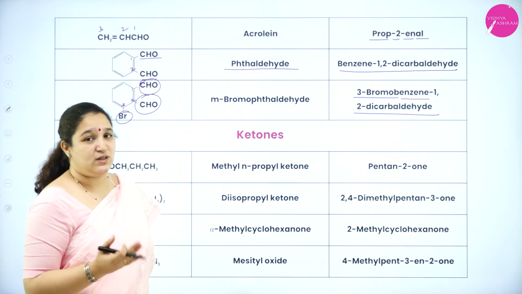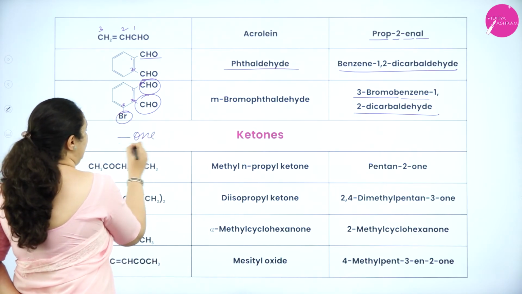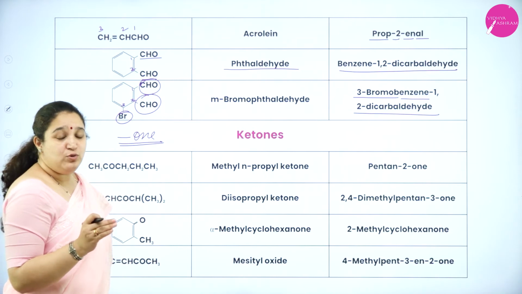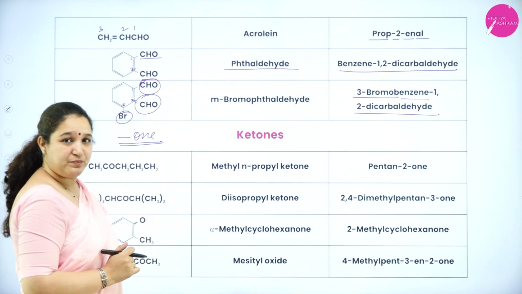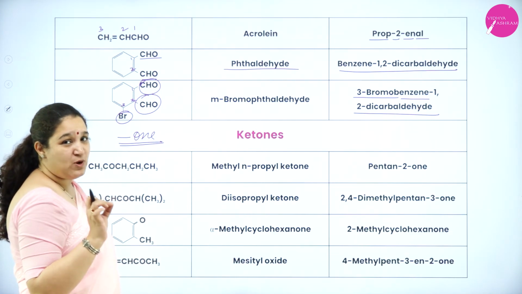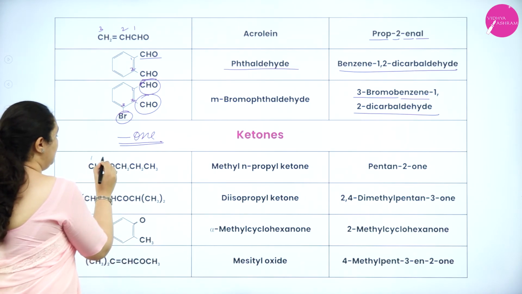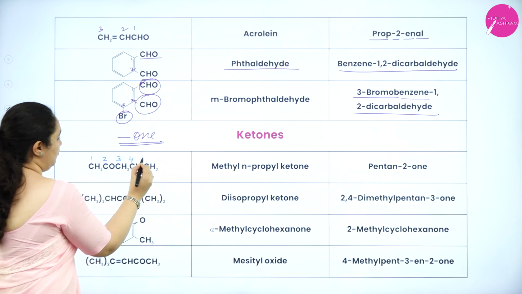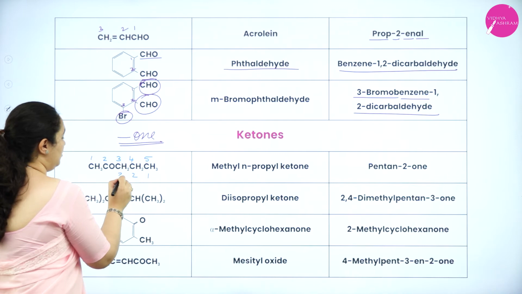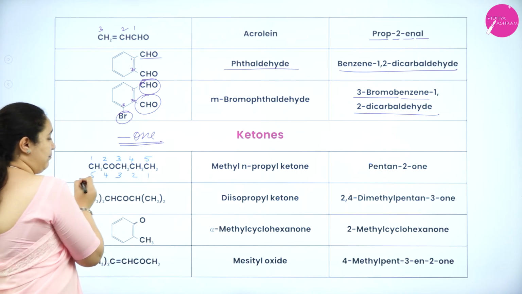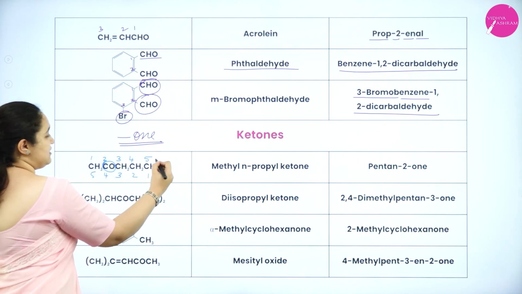Now what about ketones? Ketones is very simple. I told you it will end with ONE, isn't it? You have to write the correct number, which is the carbonyl carbon atom. Okay. And it should get the lowest possible number. So first one here we'll see 1, 2, 3, 4, 5. Or the other way of numbering is 1, 2, 3, 4, 5. If I number it like this, the carbonyl carbon here gets 4. So this is wrong and this is correct.